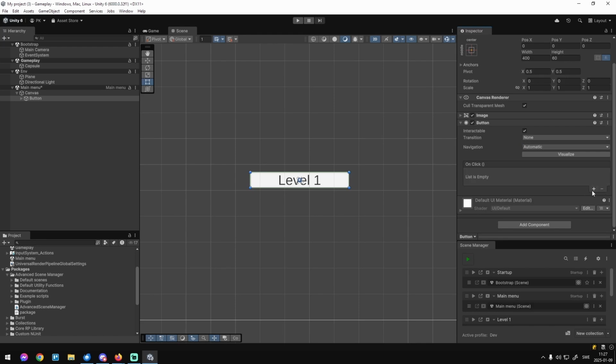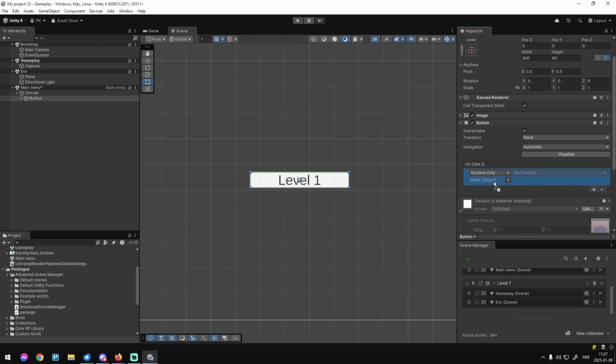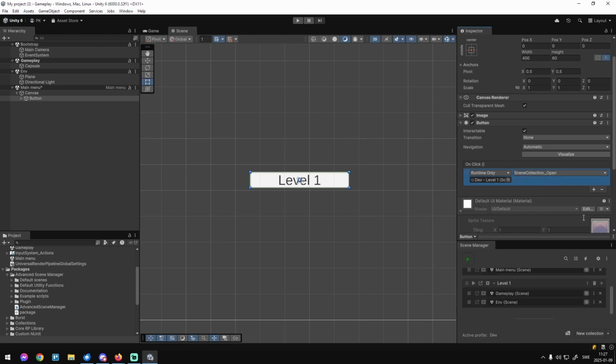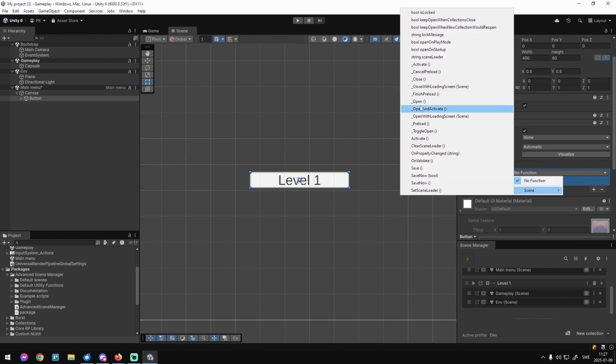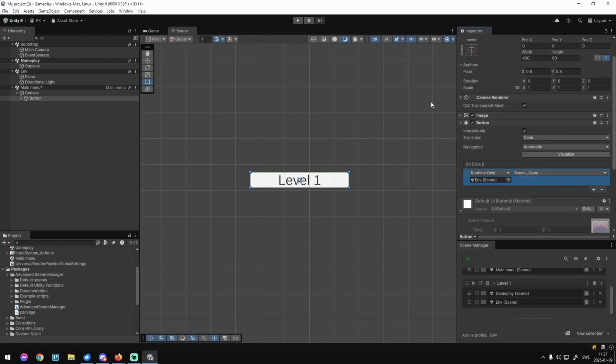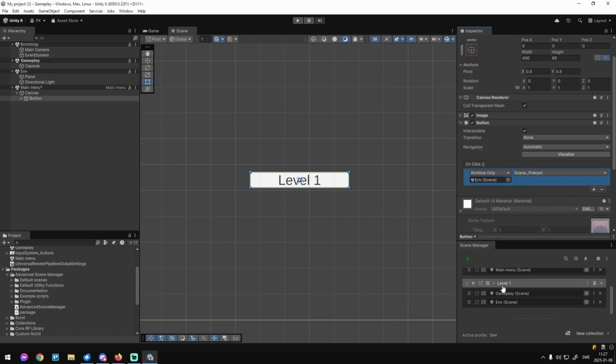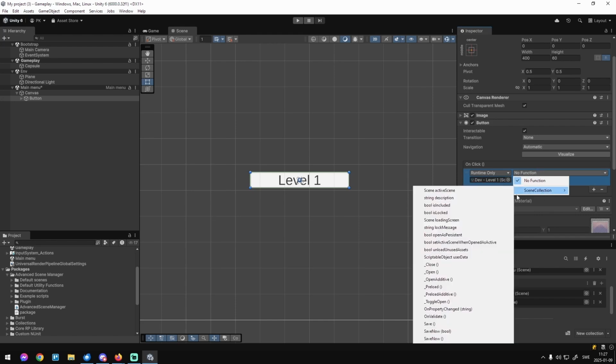Or you can just drag a collection right in here and select open. Alternatively, you can just load a scene by dragging the scene in and click open. You can also preload a scene, preload a collection,